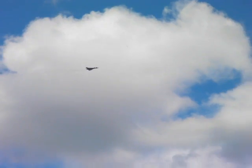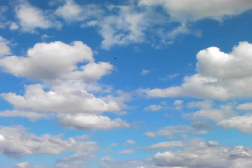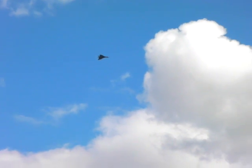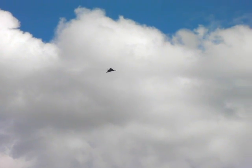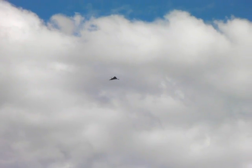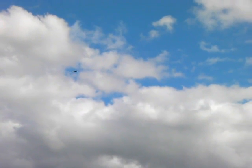Going to tell the story of the Vulcan, aside from the millions of people, private citizens all over the country who put their hands in their pockets to get this aeroplane flying again. That's how popular it is. You've got to mention one man, and that's Dr. Bob. He hates it when I call him that, because it reminds everybody of the Muppet. But Dr. Robert Fleming, who's the head of the Vulcan to the Sky project, I'll tell you something, it's dedication,